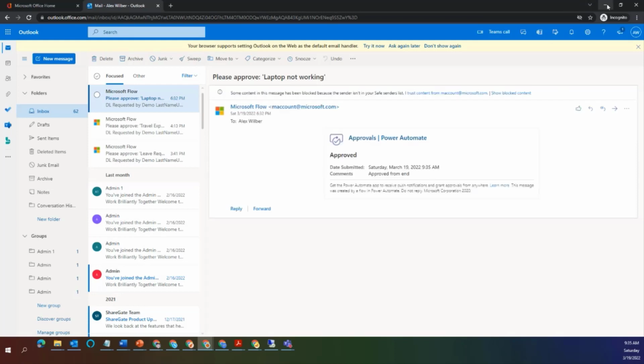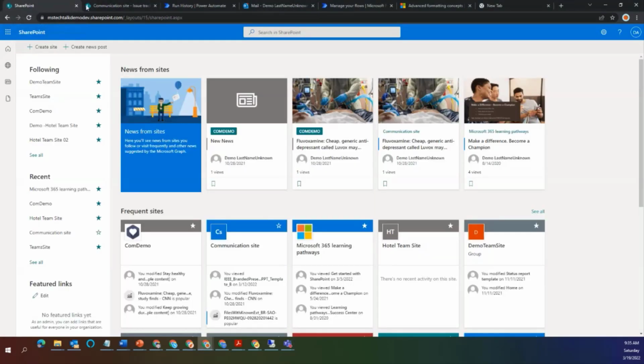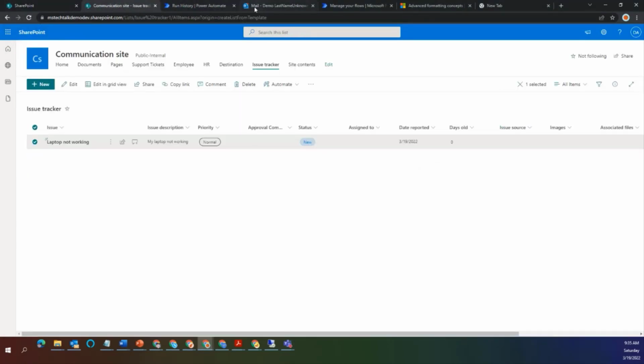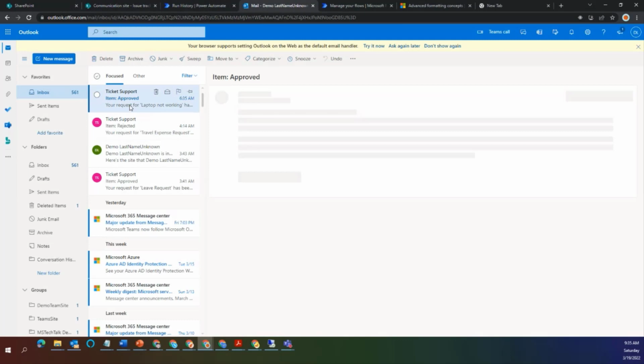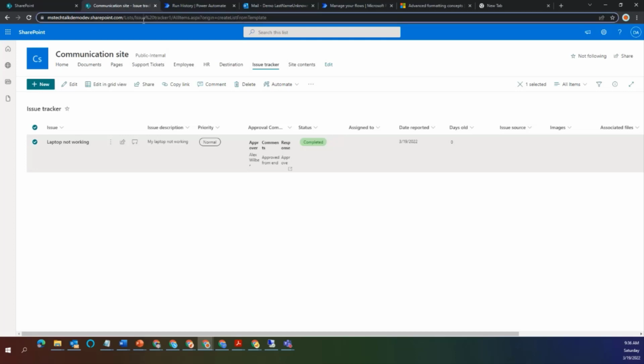So now I will go back to the admin account, the user who submitted the request. I think we just got the email here. So here is the ticket, and you can see that it's showing the approval in a formatted table way. Alex, this is the comment, and it's approved here. And now if I go to my SharePoint list here, so here you can see that